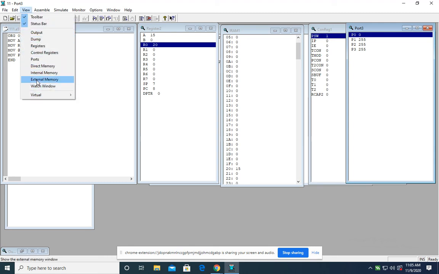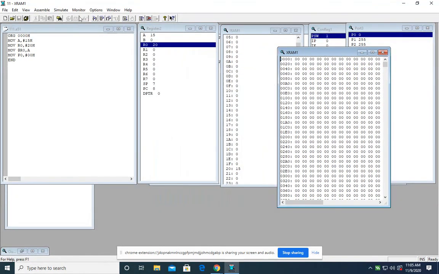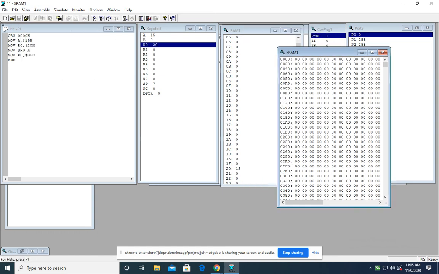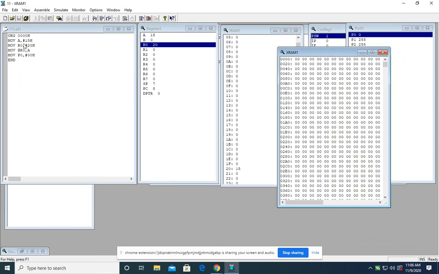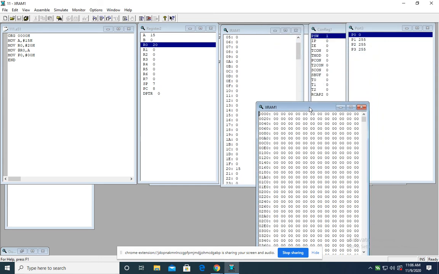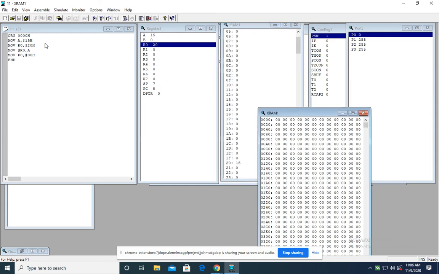Again also you can observe the memory, ROM memory. Okay, here you can observe the content of ROM memory. Okay, so here internal RAM, data RAM, all these are available. Watch window is available. Okay, but we don't generally use watch window. Okay, all these you can observe and you can write programs and assemble them. So a number of programs you can write inside this assembler, and you will perform all the practicals on this particular software, which is called the 8051 assembler.